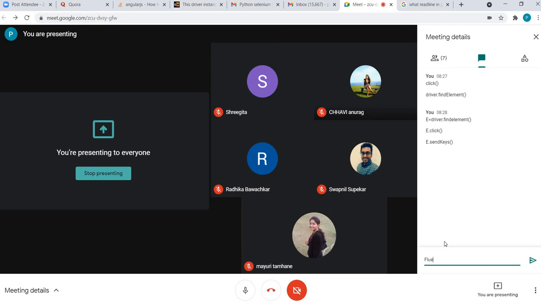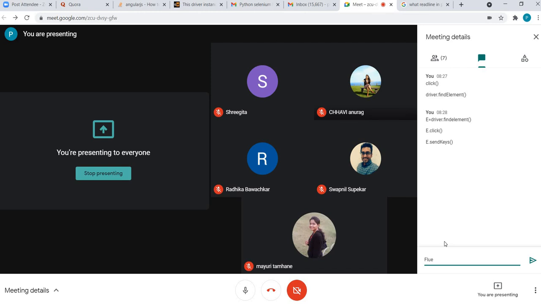So I said fluent wait gives us more control. It gives us control on polling. Polling means in the explicit wait, when you say wait until the button becomes enabled, that instruction you give. But then after a particular time interval, the driver checks again whether that particular element has become enabled or not.